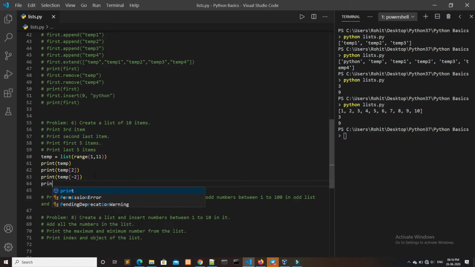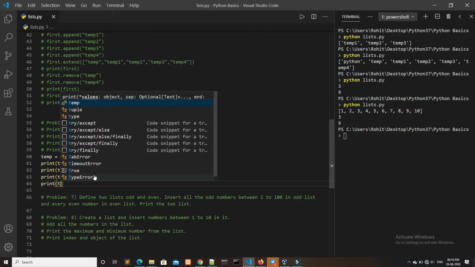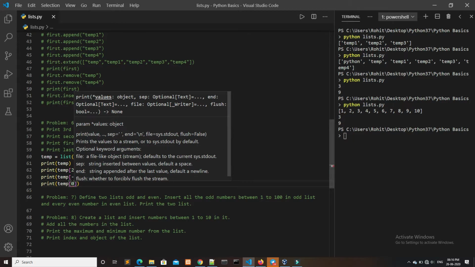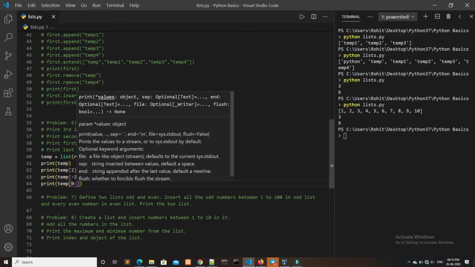To print the first 5 items, we have to write temp, open and close square brackets, and we have to start from 0 and we have to go till the 5th item, that is from 1 to 5, and the position of 5 is 0 1 2 3 4.